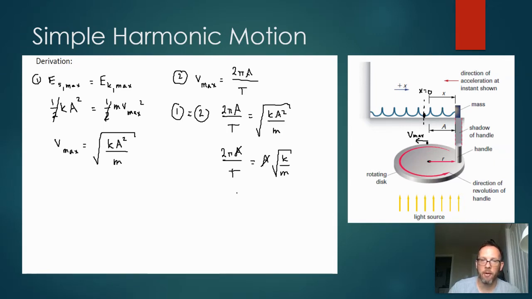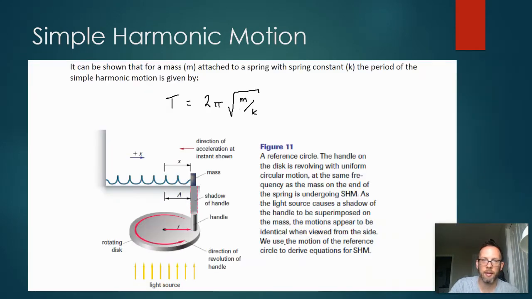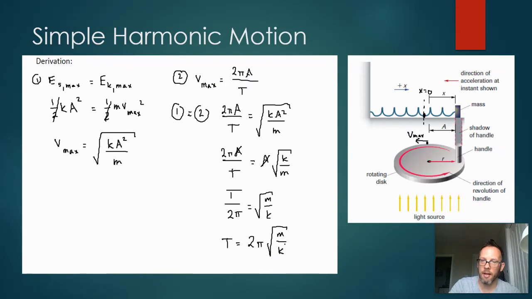And we can solve for the period. So we have 2 pi over T equals root k over m. If we flip that, T over 2 pi equals the root of m over k, and we get what I mentioned earlier, that the period of simple harmonic motion is 2 pi times the root of m over k, which is really, really interesting that it doesn't involve the